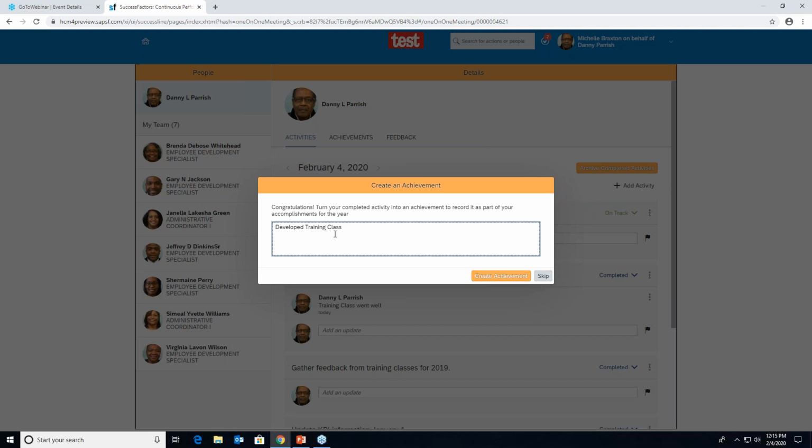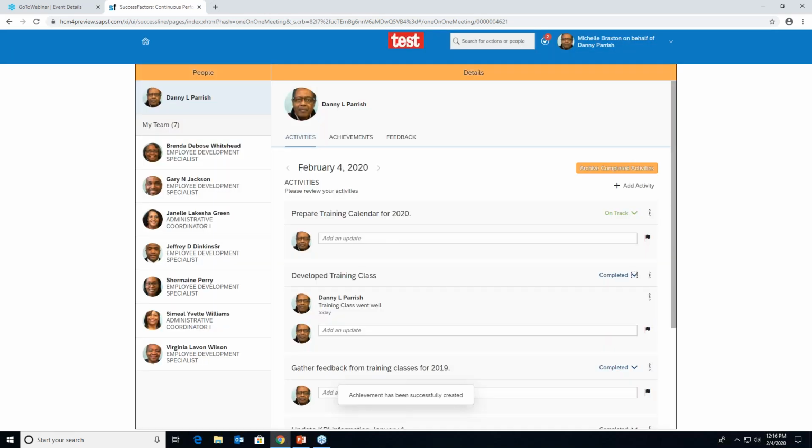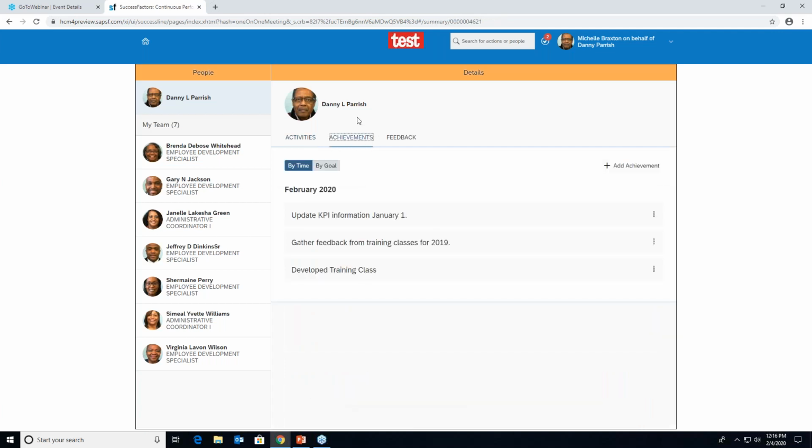You can change this information here if you choose, or you can just leave it as is, and then you would click create achievement. Now, not all activities that you complete you feel might be important enough to actually consider an achievement. So if that's the case, then you can skip that step. But for training purposes, we're going to say it's completed. And let me show you where that information goes.